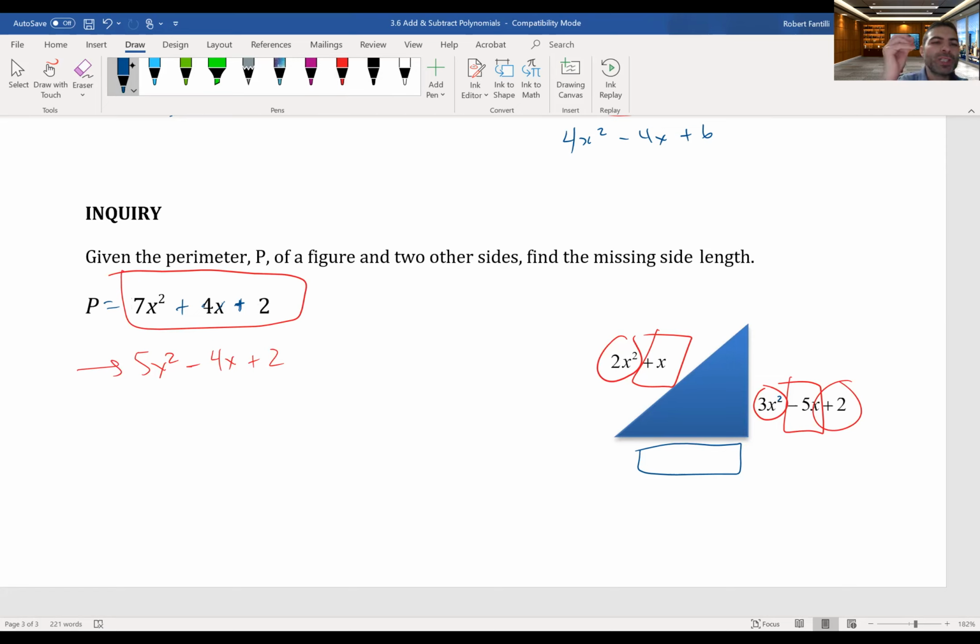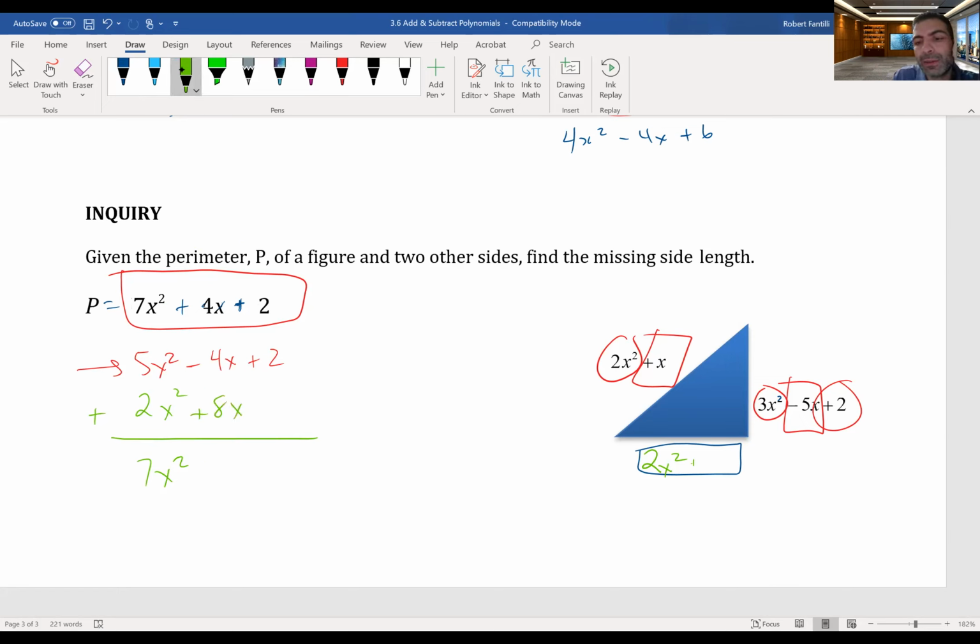Well, if I'm supposed to have 7x squared, but I only have 5x squared, then I'm going to have to make sure I have 2x squared there, right? Because 5x squared and the 2x squared is going to give me 7x squared if I add that together. I have negative 4x now, right? But it says I'm supposed to have positive 4x. Well, if I'm at negative 4 and I need positive 4, I'm going to have to add